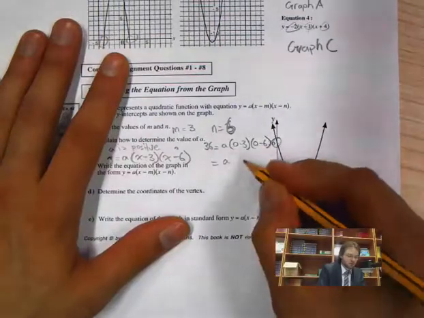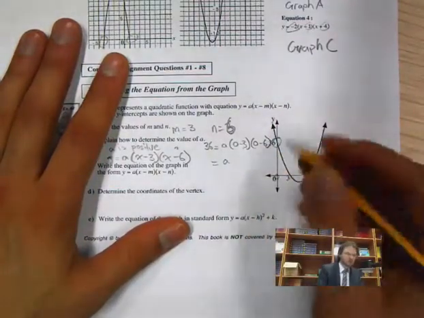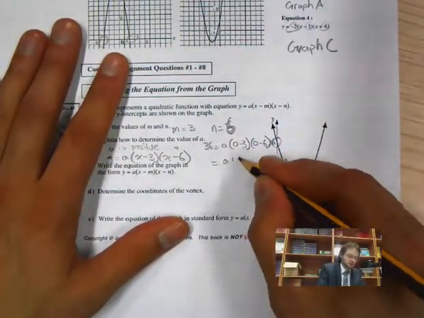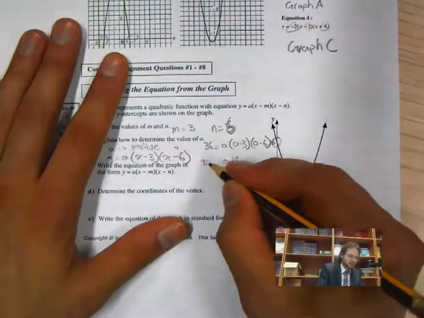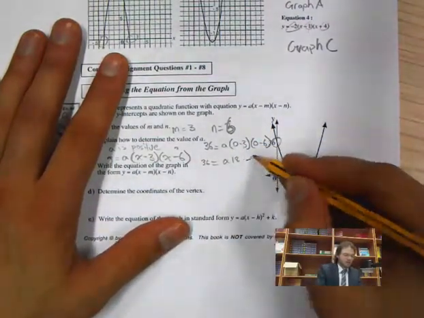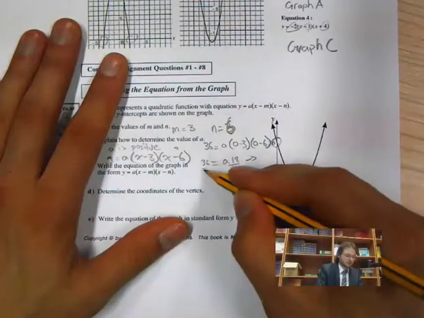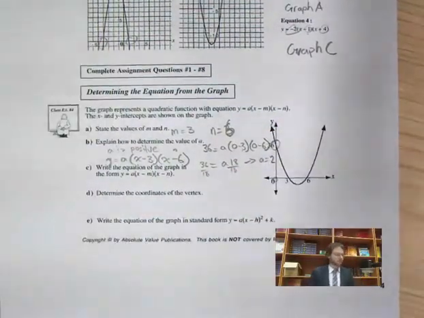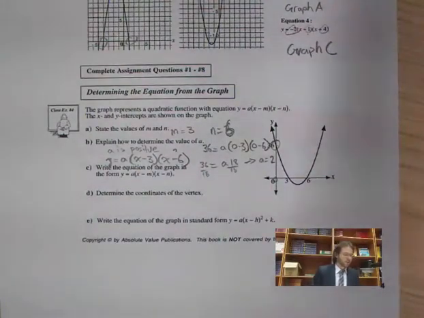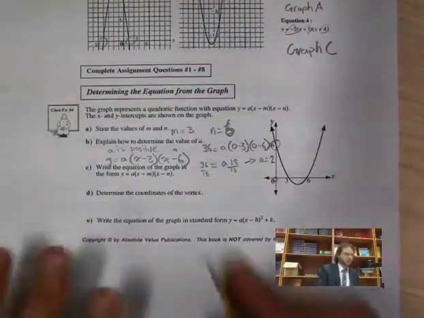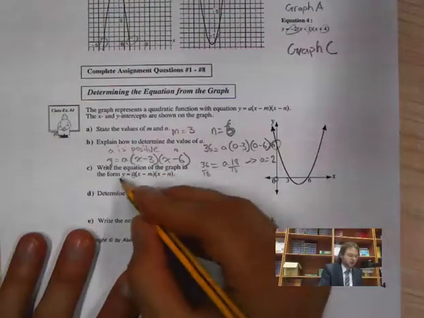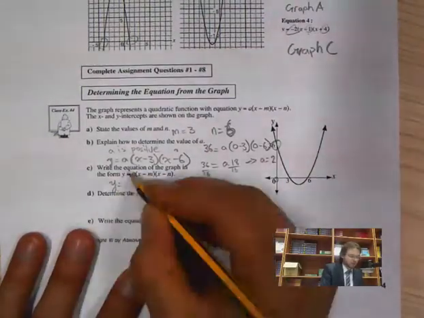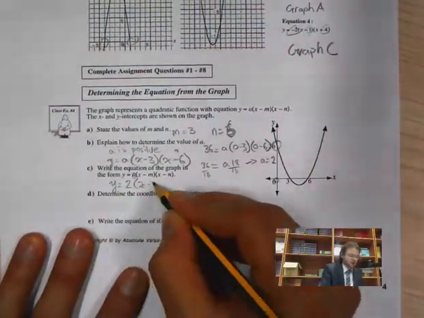This will help us solve for a. Now we know everything except for a. So I get a is equal to negative 3 times negative 6 is 18. So it's 18a is equal to 36. And I solve that, divide both sides by 18. And I'm going to get a is equal to 2. Next part says, write the equation of the graph in that form. So now that we solved for a, we could write it in that form. So we get y is equal to 2x minus 3,